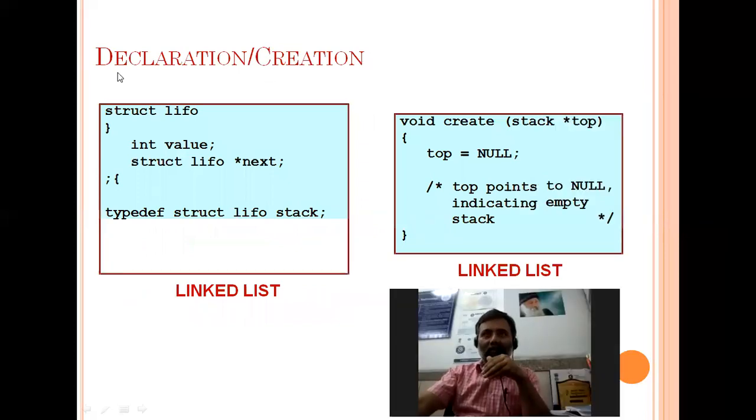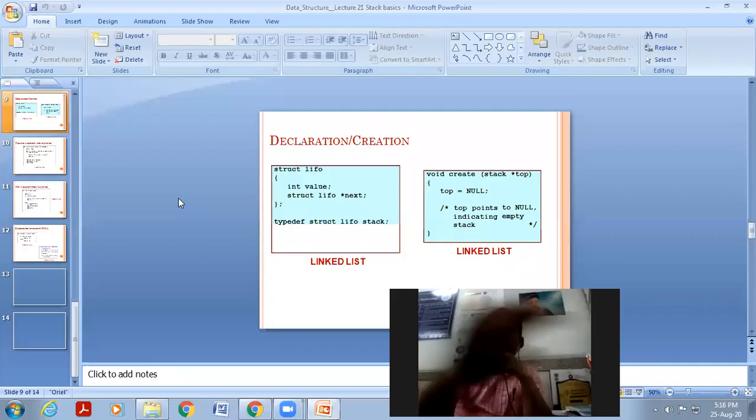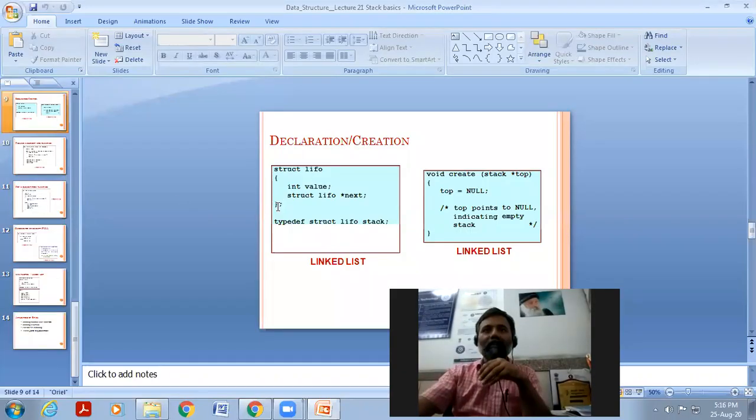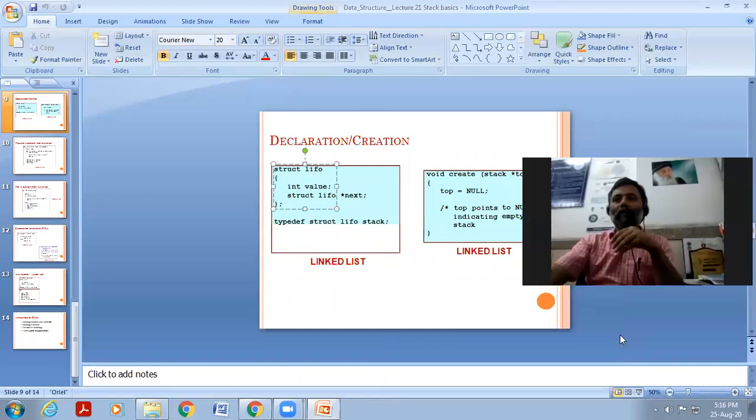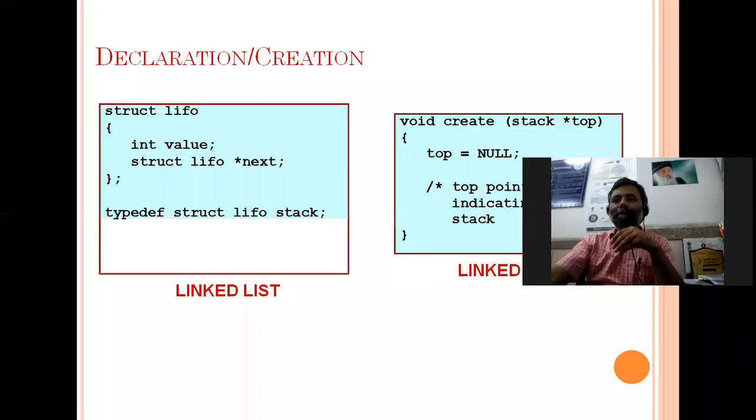Now, declaration and creation of the stack. You know, this is a structure. We can declare a structure. Sorry, here the syntax is a little bit changed. Yes, now it is okay.